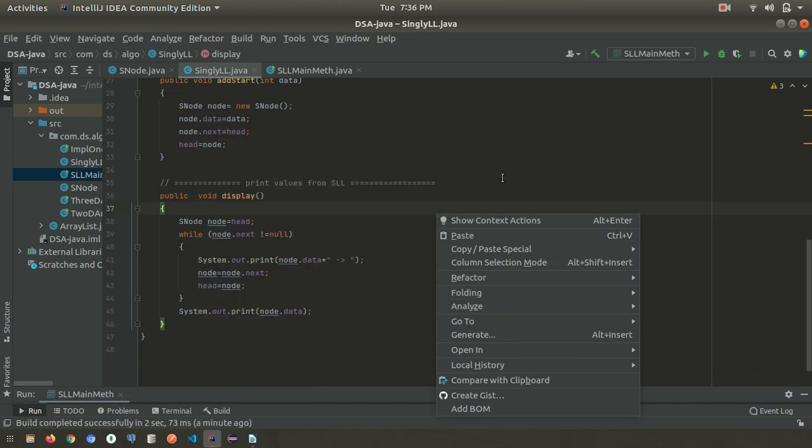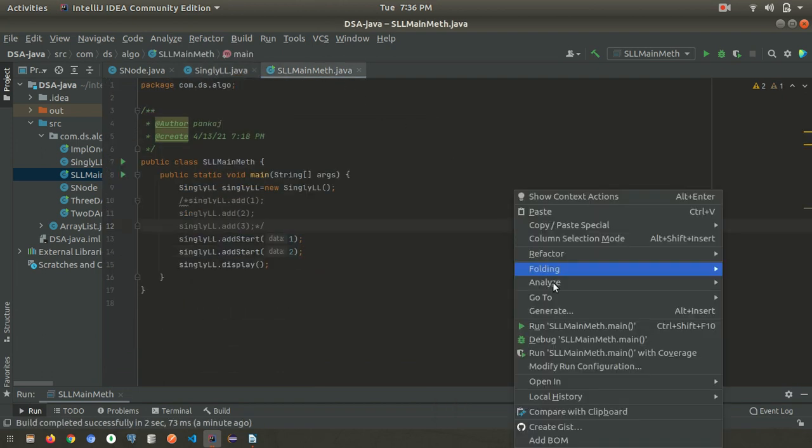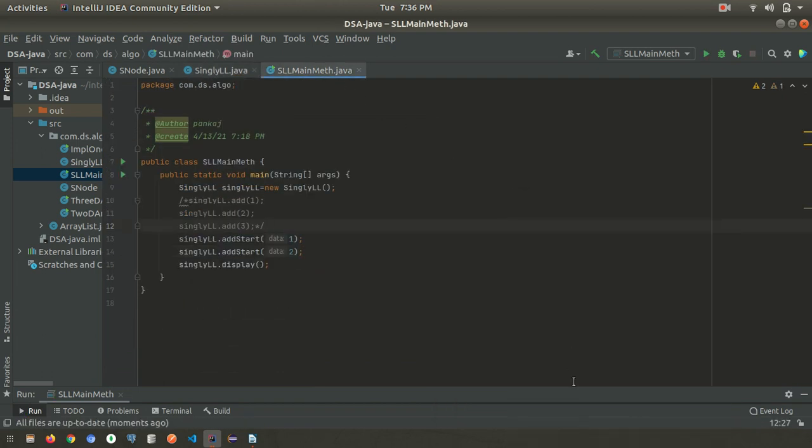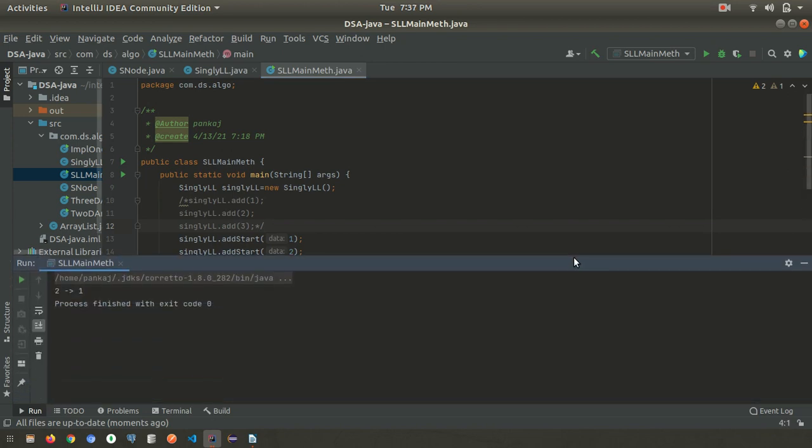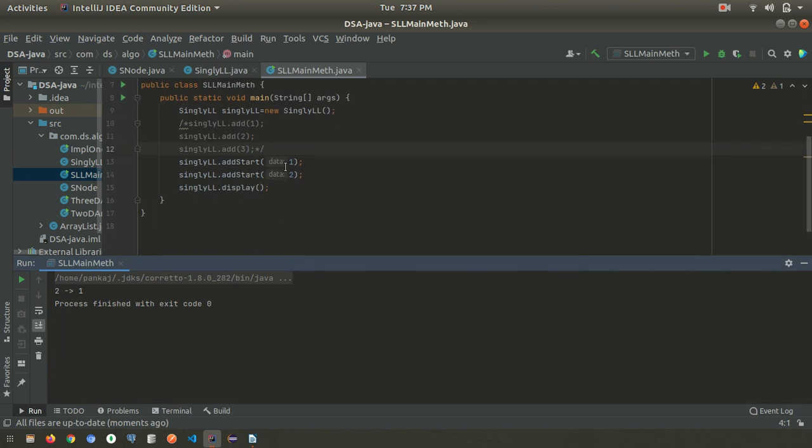If we go and run, first we have added 1, and then we have added 2, so it should be 1 and 2, but what we are doing is adding before, so the 2 comes before 1, so this data is getting displayed.